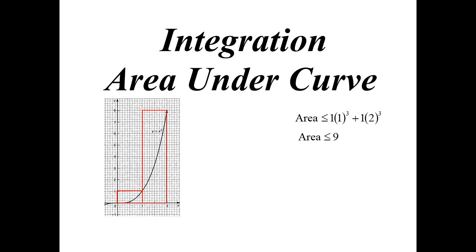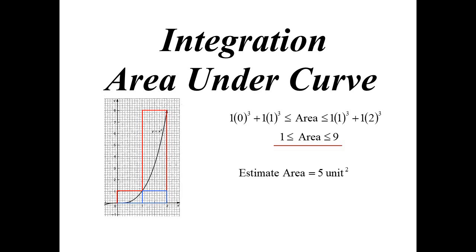I could also draw two inner rectangles. In fact, the first rectangle is just a line, because it doesn't have any height at all. But that would give me an area that's smaller than the area that I'm looking for. So I know the area I want is going to be bigger than 1 times 0 cubed plus 1 times 1 cubed. The area is somewhere in between 1 and 9,